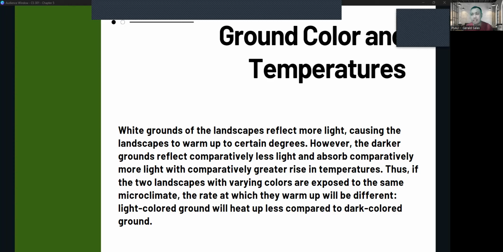So this is an example when you wear black t-shirt as compared to white t-shirt. So you feel an increase in temperature kapag mas nagsusuot ka ng darker colors. So this also affects our grounds. So meron din tayong ganitong klaseng situation. So this is what we call the albedo. So the higher the albedo, the higher the light that can be absorbed.